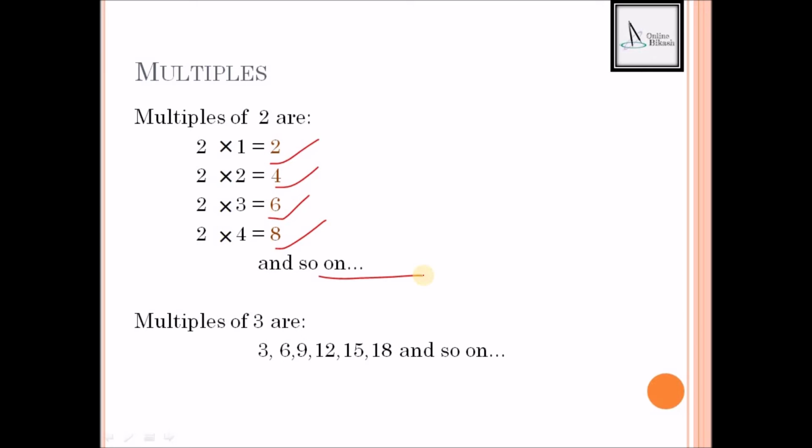So these 3, 6, 9, 12, 15, 18 and so on, all are multiples of 3. Similarly, can you tell me the multiples of 4? It will be 4, then 8, then 12, 4 3s are 12, 4 4s are 16, 4 5s are 20, 4 6s are 24. So these are also multiples of 4. Okay,